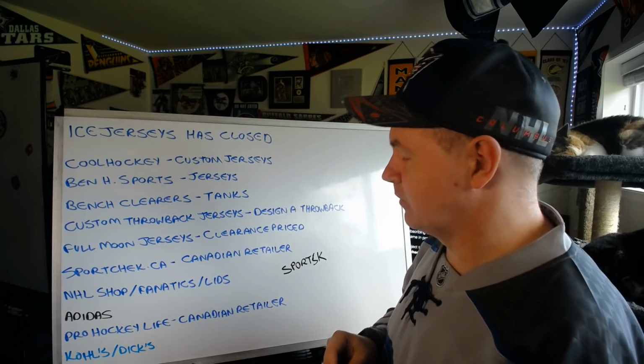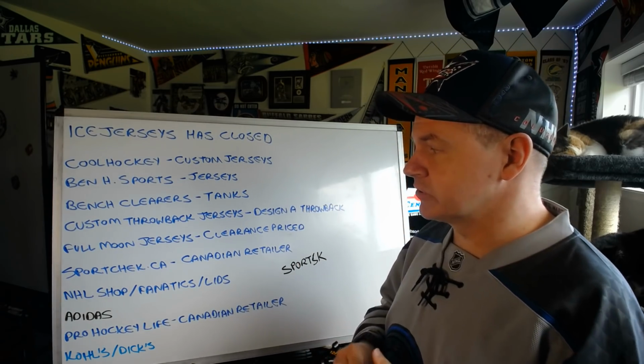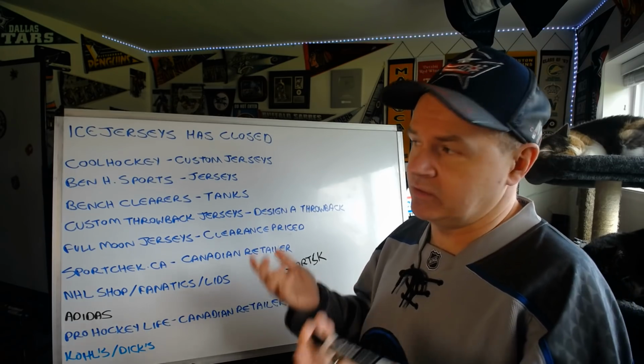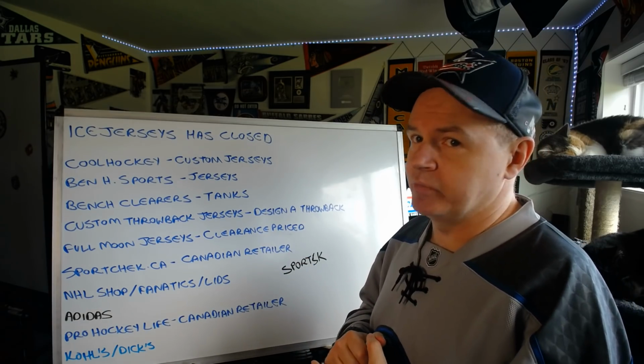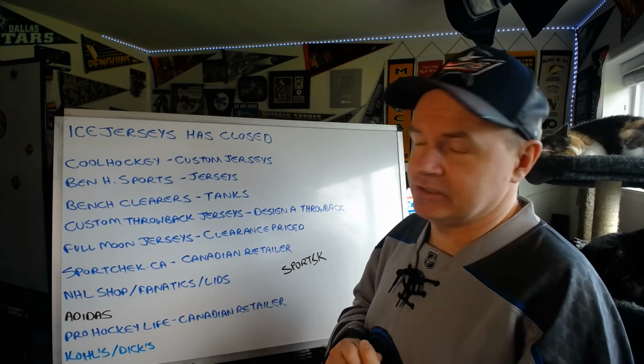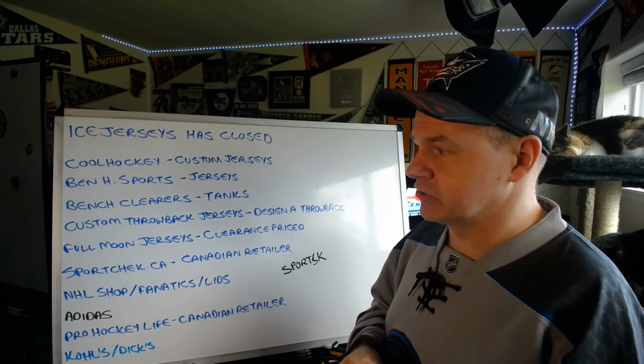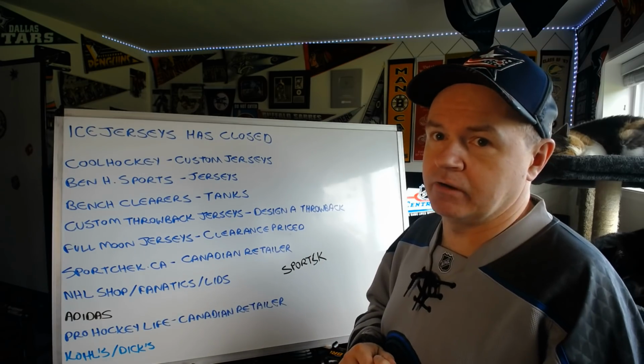Because I have something to talk about with them. But Full Moon Jerseys, I've never had any problems with them. I've got tons of my jerseys through them. Built my collection in part because they ship them cheap. So there's that. Sport Check, some of my recent jerseys with names on the back, it's because they're $30 through